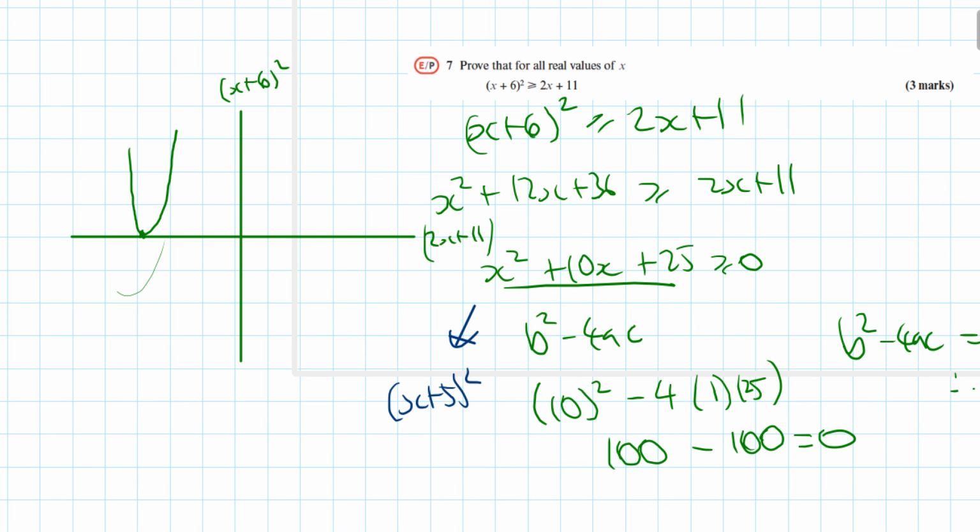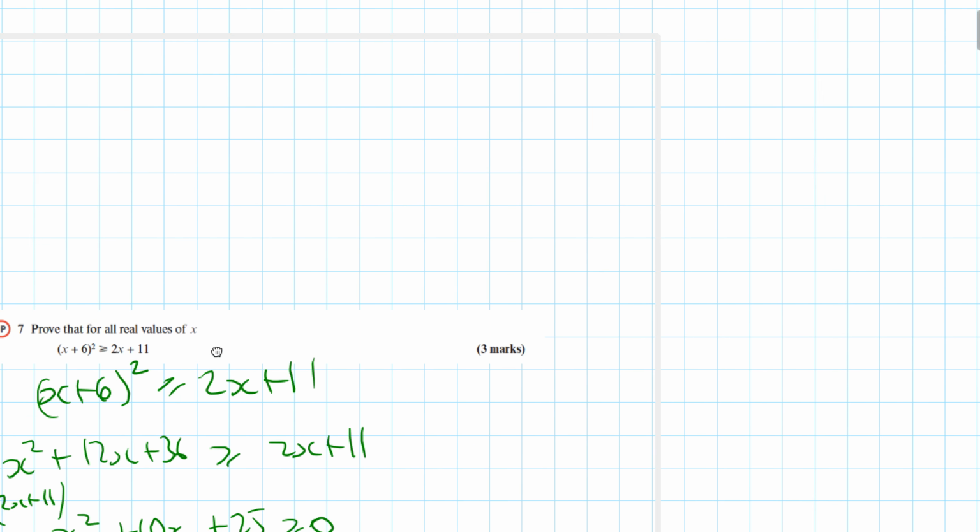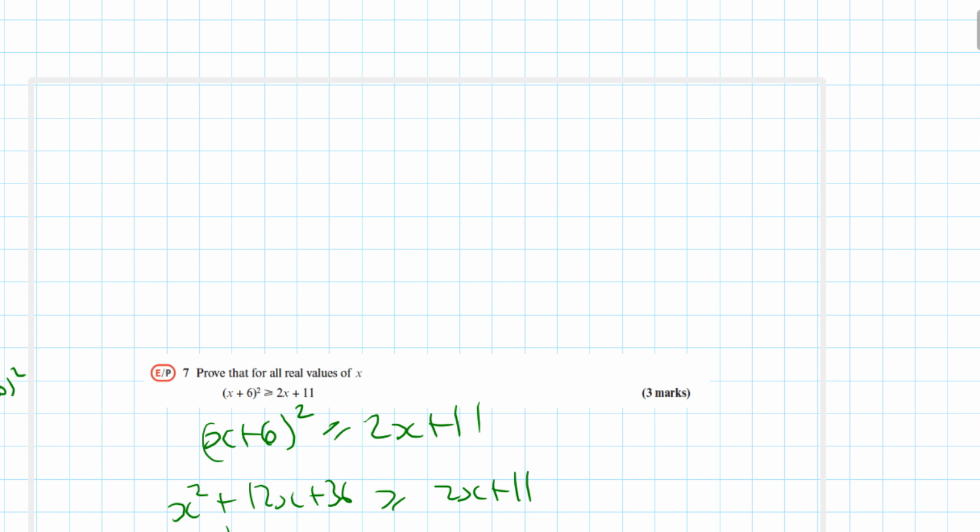But there is another way of showing it in the answer. This way is not a very clear way, to be fair. It's not a very intuitive way to use, but it's something to think about in the future. So if we use (x+5)^2 instead, that is greater than or equal to 0. So in this case here we get x^2 + 10x + 25. And then we have